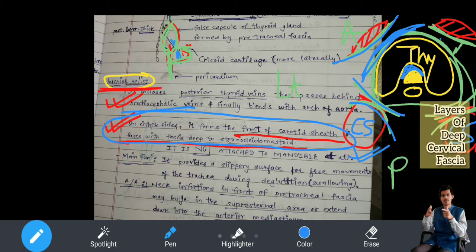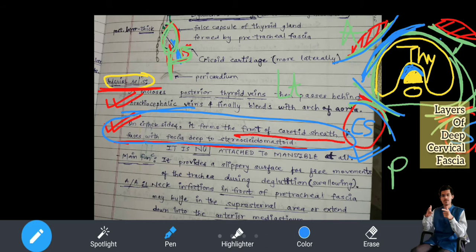layer. Now within the neck, what there are different structures. So free movements of those, like if you are eating something, esophagus a bit expands. Now the free movement is possible. Is there any space inside? Very free space? No, they are all with respect to each other. They are very much what you can call adjusting to each other. Okay, so if you see the C-shaped cartilage of the trachea, why are they C-shaped and why they are anteriorly? If they would have been posteriorly also, like a round ring, then swallowing would have been a very difficult job for you. Okay, same about this. So I hope you have understood this.